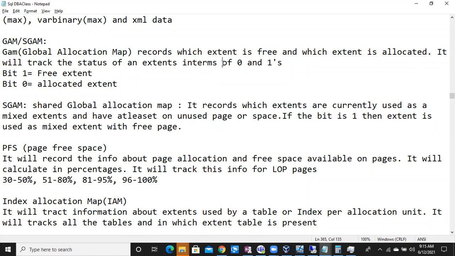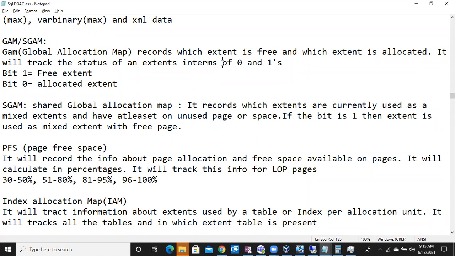Clear? The Global Allocation Map tracks which extent is allocated and which is free, so it can reuse that information to allocate free extents while creating new objects.